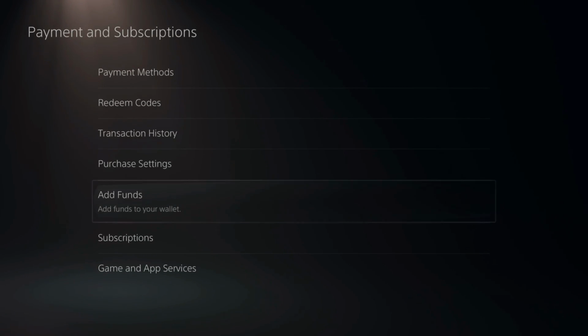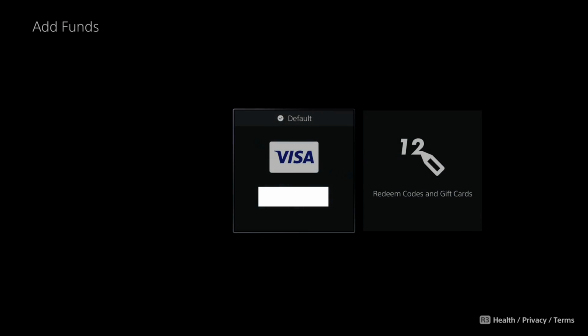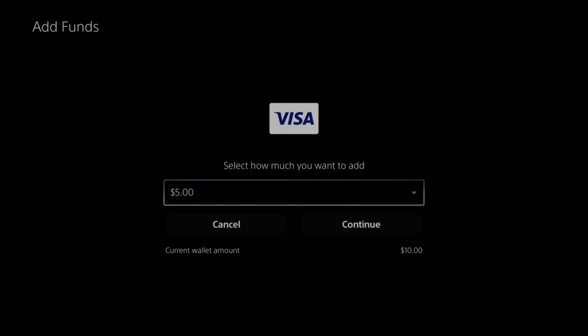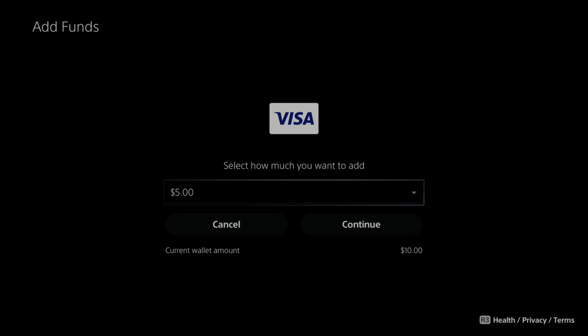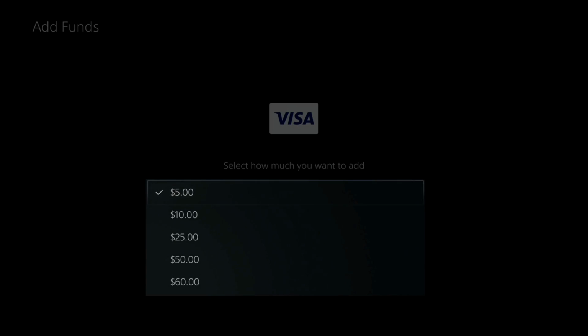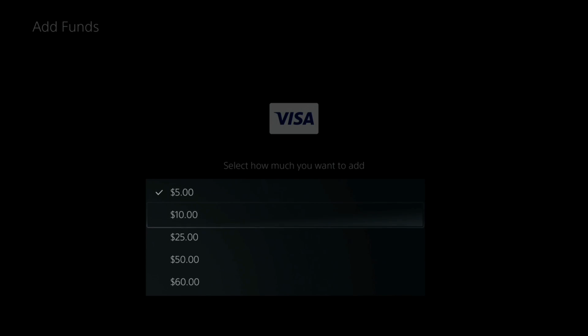Then go to add funds to your wallet right here. And let's say we're buying a $70 PlayStation game, and we want to go ahead and buy the game. Well, there's going to be included sales tax. So sales tax for me is about 5%. So I would want to go to 60 right here and purchase that. Then I would come back in here and do $10 and then come back in here a third time and do $5. So I would have a total of $75 in my wallet to go ahead and buy